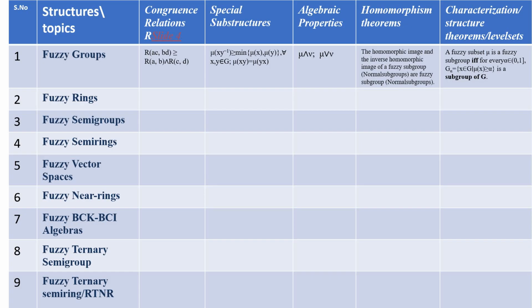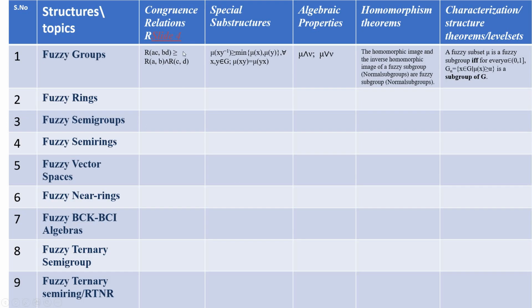is given in this video. So in the same way, for fuzzy rings, again, all this can be discussed for fuzzy rings, fuzzy semigroups, fuzzy semirings, fuzzy vector spaces, fuzzy near rings, and then fuzzy BCK or BCI algebras, fuzzy ternary semigroup, fuzzy ternary semiring, or fuzzy right ternary near ring. So there are a lot of algebraic structures, and then you have to impose the conditions on them and